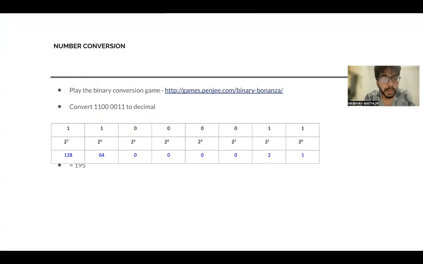Coming to the game, number conversions. We're going to be covering some topics of number conversions, and number conversions is about having many bases. The normal counting we do is in base 10: 1, 2, 3, 4, 5, 6, 7, 8, 9, 10, and so on. And computers only understand zeros and ones, that is